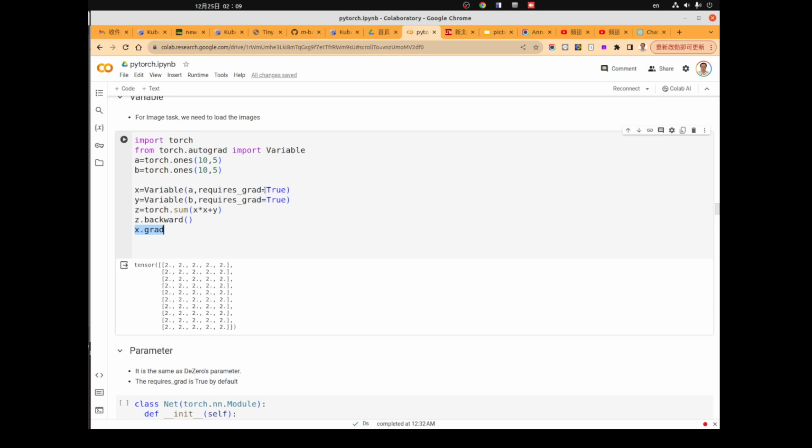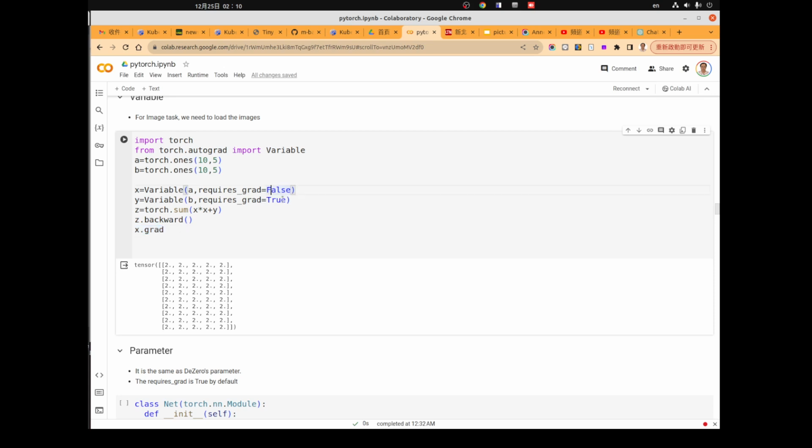In this case, we should set requires_grad to false. When requires_grad is false, the deep learning framework will not update the value in the training loop.